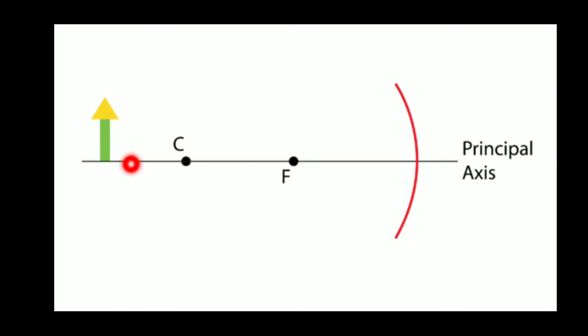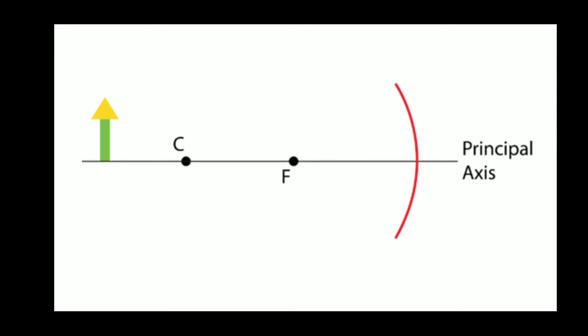Then I may come to the point little closer. Suppose if I take this point, I can name the object is beyond C. I can keep the object here. Then I will say object is at C. Then you may ask, can I keep it in between? Yes, you can keep. Then the object is kept between C and F. Can I keep it here? Yes, you can keep. Object is at F. You can keep it here also.